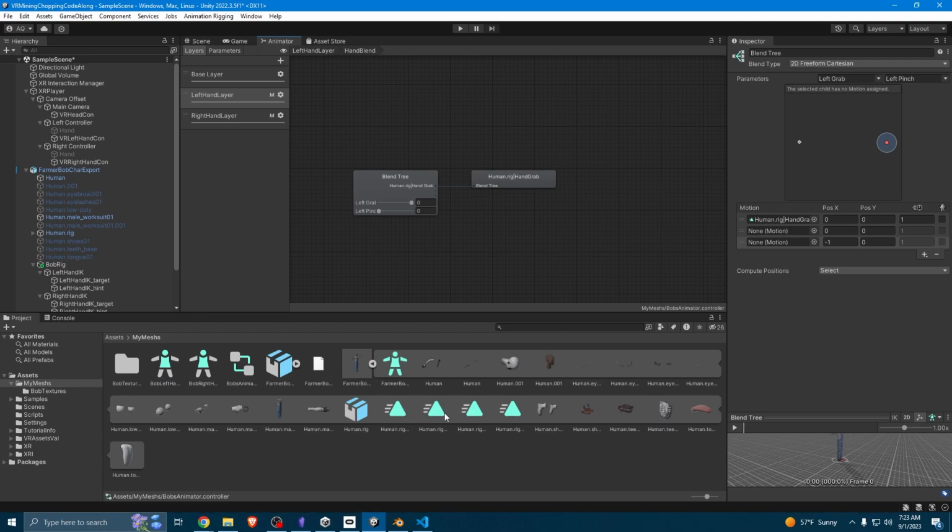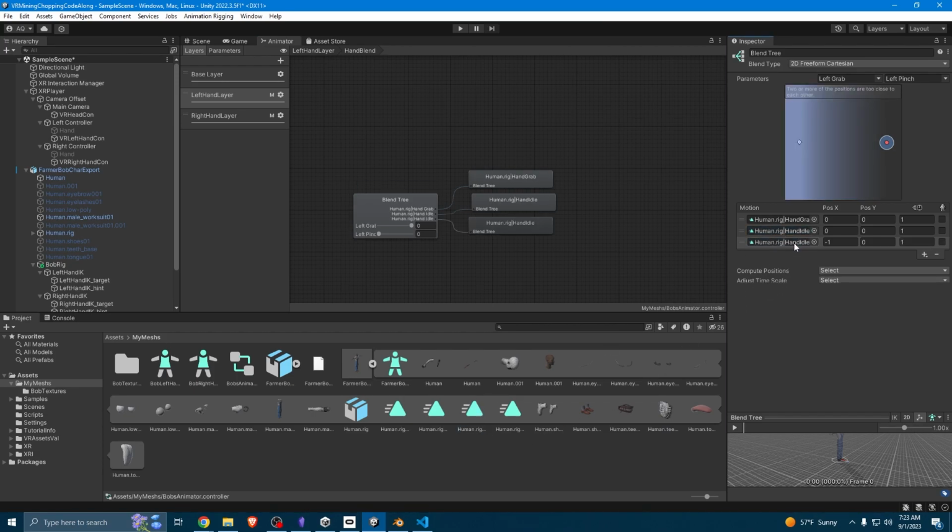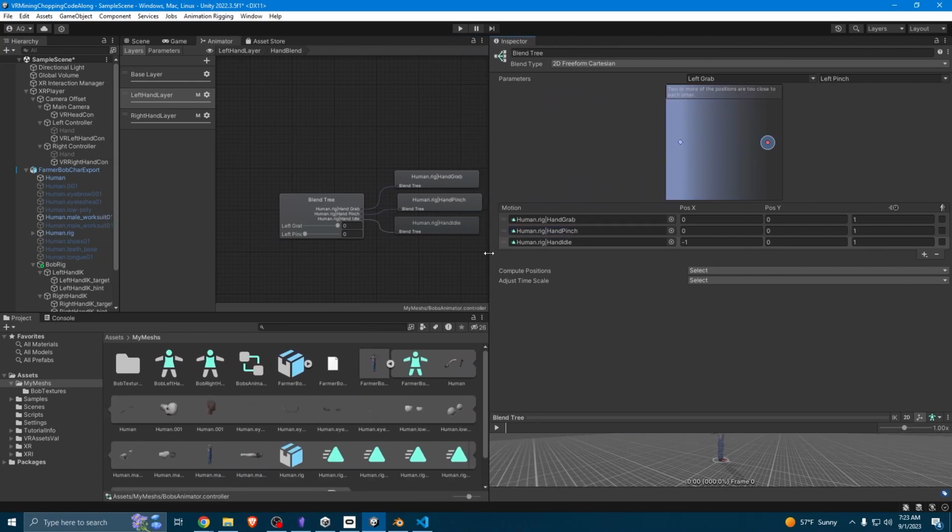So hand grab, oh well, I got hand grab twice. So hand grab, hand idle will be at the bottom, and in the middle we'll have hand pinch. And to have these set off, so for our X we have our left grab, so when our hand grab is 1, we'll do that. When our hand pinch is 1, we'll set that, and then 0, 0. And that should set up our